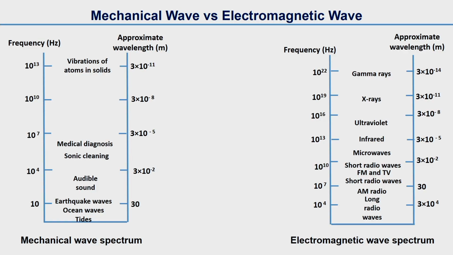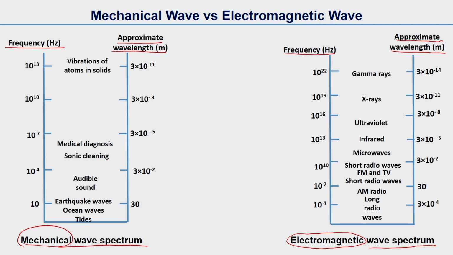In this slide, we will discuss the mechanical wave spectrum and electromagnetic wave spectrum. We have frequency in hertz and approximate wavelength in meters. You can see that the range of frequencies and wavelengths for the mechanical wave spectrum and the electromagnetic wave spectrum is